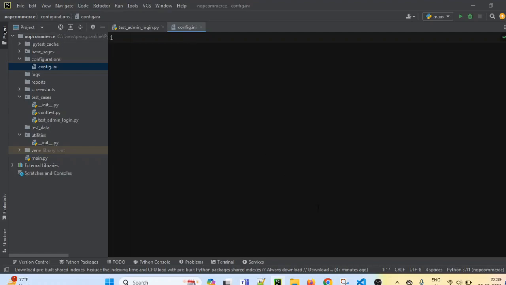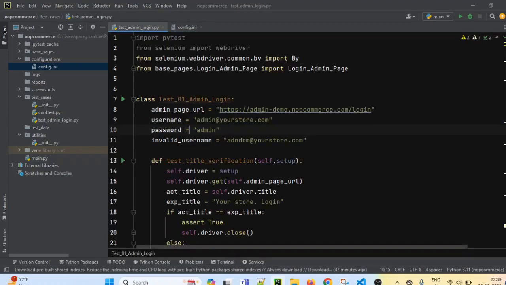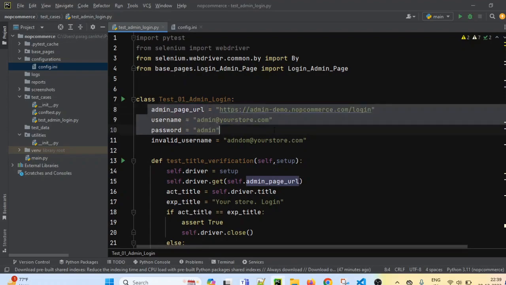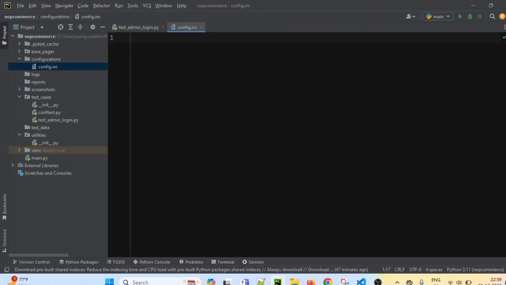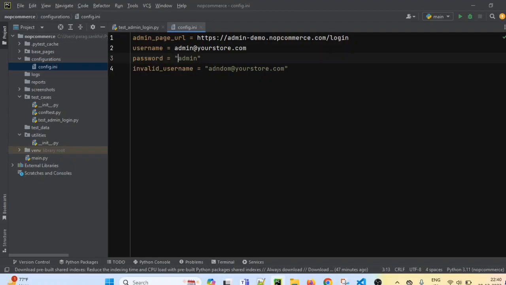Now the next step is we have to simply copy the data. So this is the common data which we want to use, right? I will just copy this data and paste the data here. In an ini file, don't add any spaces as well as any quotes. This is basically a simple text file like thing which will contain only the keys and values without any quotes. So I am just removing the quotes.